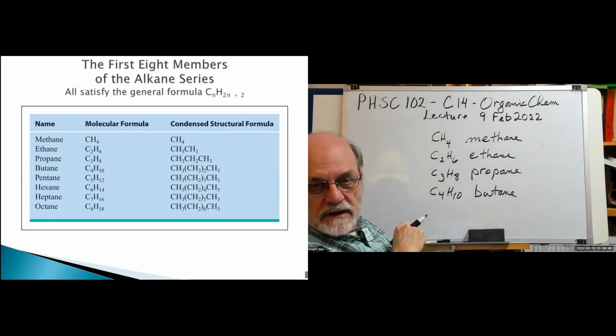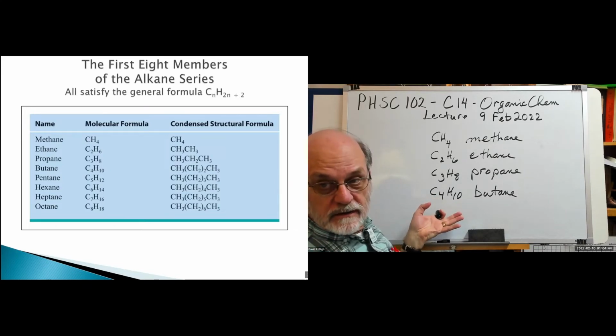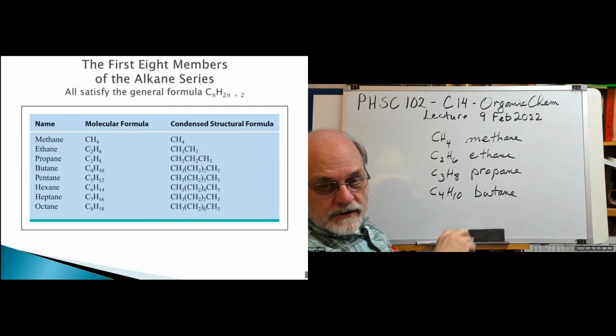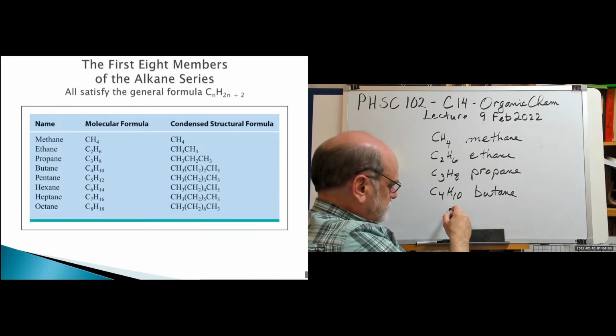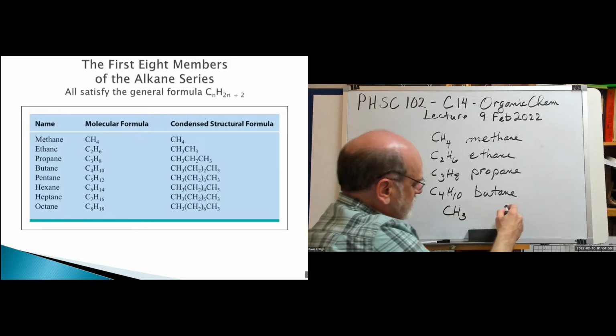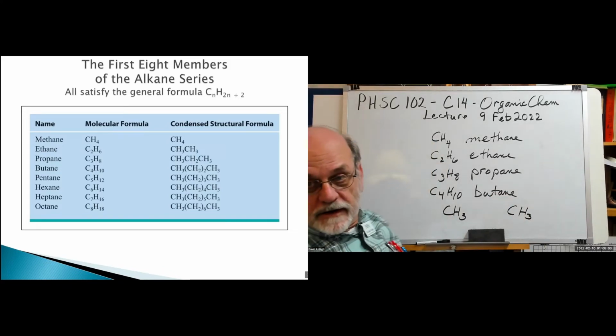This is the molecular formula for butane, but it doesn't tell us much about the structure. If you don't know that that's butane, it could be other possibilities. So this would be, you always have a CH3 on each end, right? That's called a methyl group,